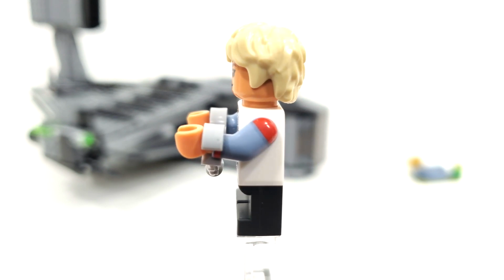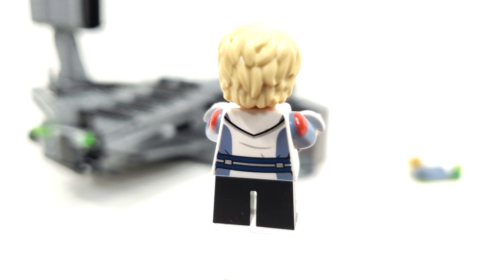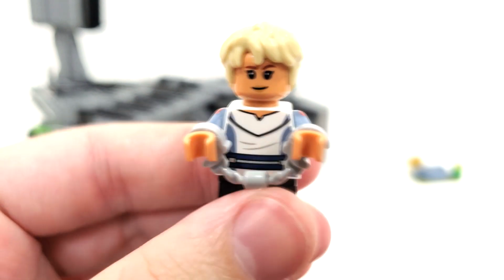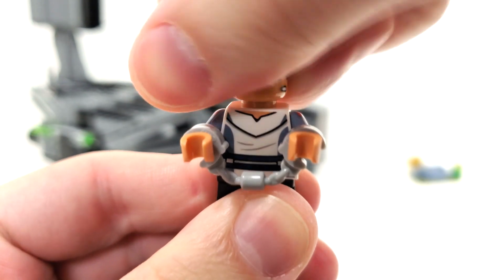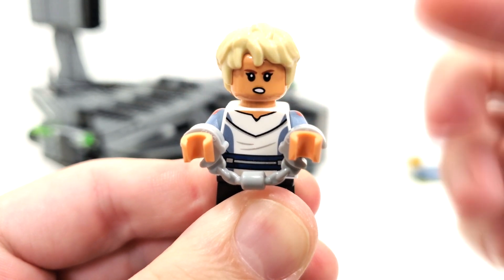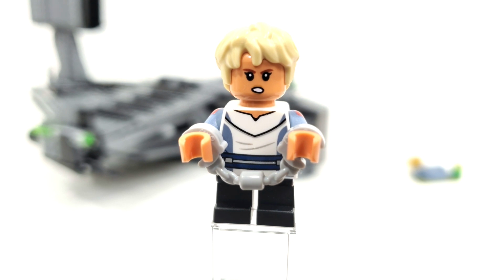I still think she's a really great figure though. We get arm printing, which is just something that I wasn't expecting on this figure. Front and back torso printing, brand new facial expression, which is double-sided, one with a smirk, and from the other side, a confused look. And we get a recolor of the Harry Potter hairpiece from 2018 in tan, which is